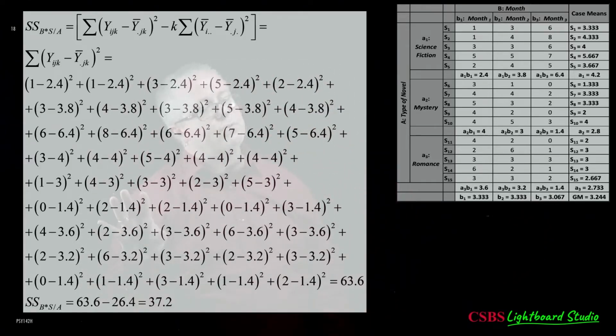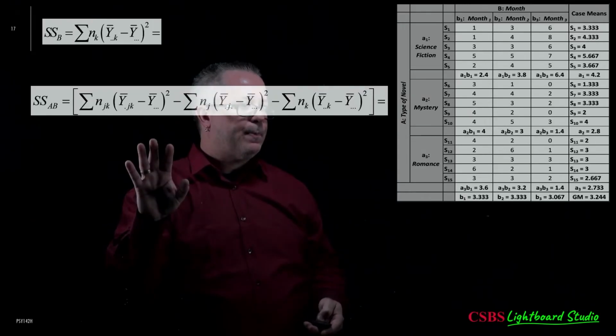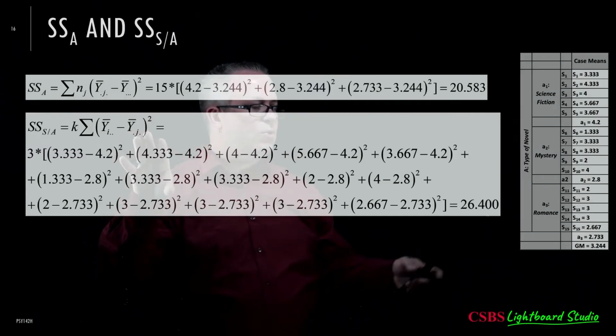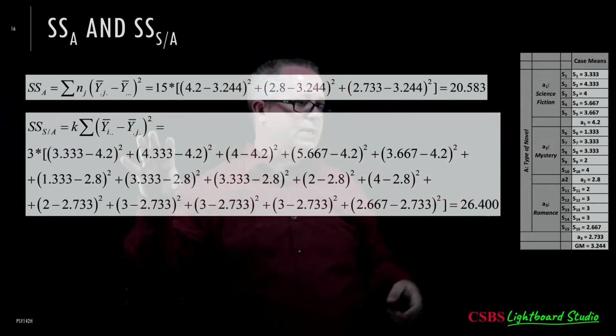So this is just within groups. If this were a completely between groups ANOVA, this would end up being our sum of squares within groups. This would be our error term, just one error term. That's it. We just have this one. But because we were able to identify some consistent scoring back here with the S with an A, using their means,